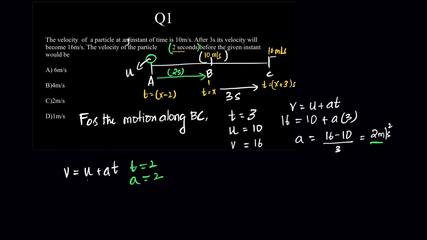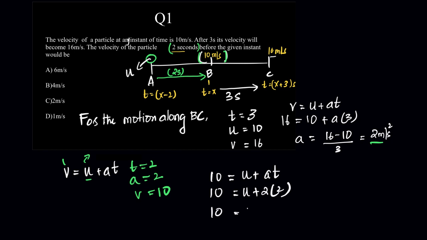What is the value of u? We need to find out. What is the value of v? We know that v here is 10 meter per second, which means 10 is equal to u plus at. So 10 is equal to u plus 2 into 2, which implies 10 is equal to u plus 4, and therefore u is equal to 10 minus 4, which is basically 6 meter per second. So the correct option is option